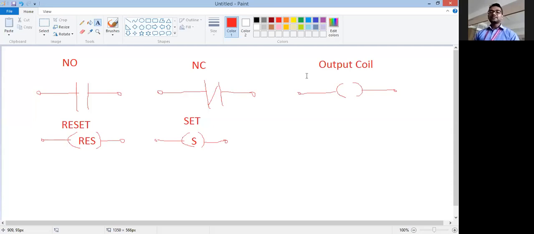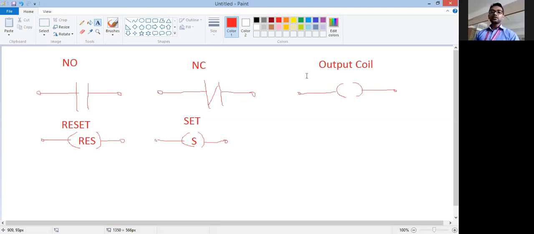Generally, you can consider a timer as an output kind of device, because when a certain run condition becomes true, meaning when your NO or NC contact becomes active, the timer starts. The timer does not start directly just because power supply is on. You have to activate some input switch, and after turning on that switch, the timer starts.